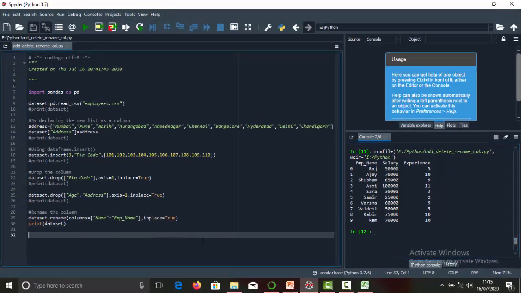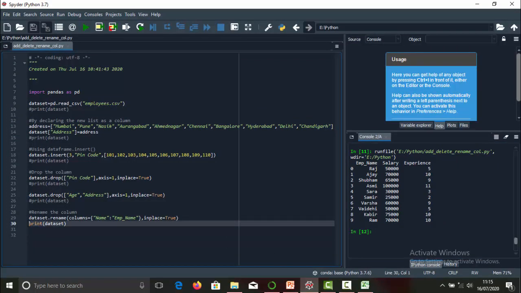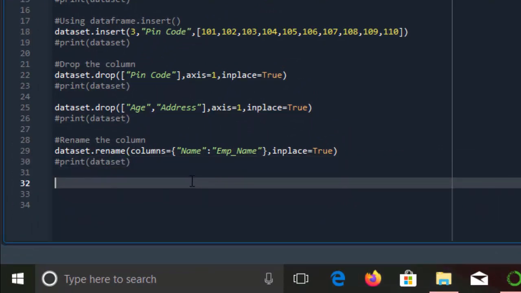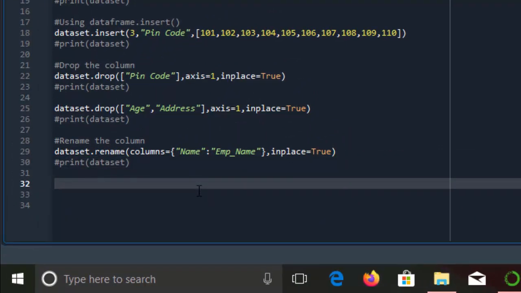So now let's see how we can rename multiple columns at a time. For that, there is just a slight difference. That is, instead of a single key value pair, we are going to pass multiple key value pairs over here within the columns parameter. So just type dataset dot rename and in brackets pass columns equals.